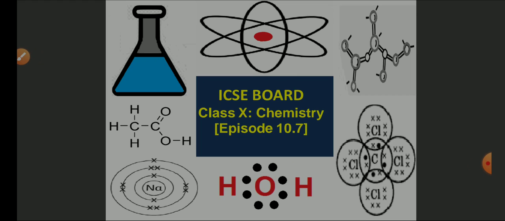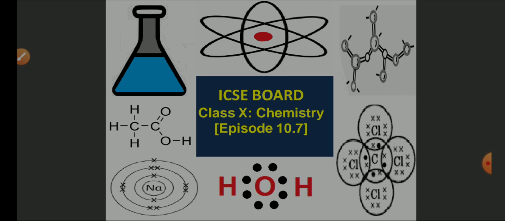In the previous episodes, starting from 10.1 till 10.6, we have already finished the definition of organic chemistry and organic compound. We have seen the difference between organic compounds and inorganic compounds. We have also talked about the IUPAC name and the ways in which we give structural formulas. The different types of formulas we have also seen. We have also seen the alkane, alkene and alkyne series, which are related to saturated and unsaturated hydrocarbons. We have stuck to your syllabus with methane, ethane, ethene and ethyne.